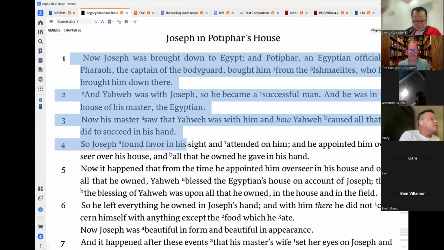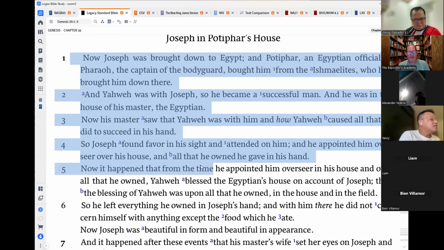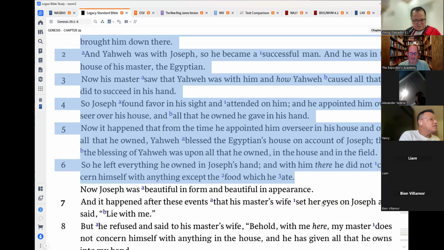Okay, because no specific events or dialogue has happened yet. It's kind of just describing: Joseph was in Potiphar's house and he found favor with Potiphar because of Yahweh, and he was made an overseer, and so Potiphar left him in charge of everything, and Joseph was a handsome guy. All right, so it's more general, I think, in setting up the story, because really the action